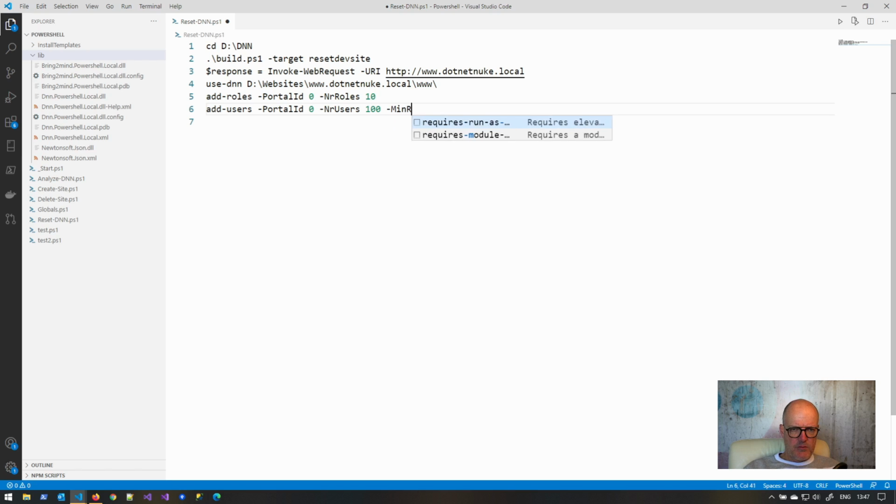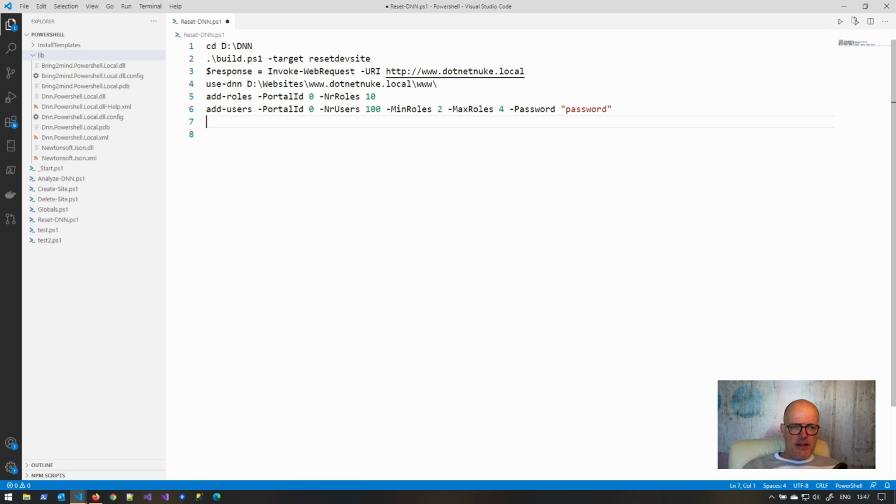And let's go for min roles 2, right? Minimum of 2 roles, max roles of 4. And I'm going to set the password to password. It's a test site. There's no need to have something super secure. All right. Now, from this point on,